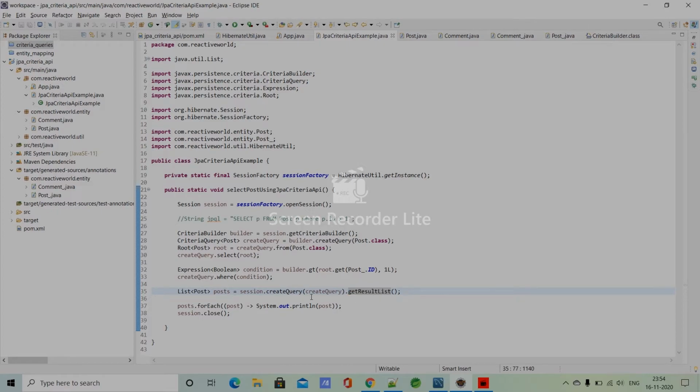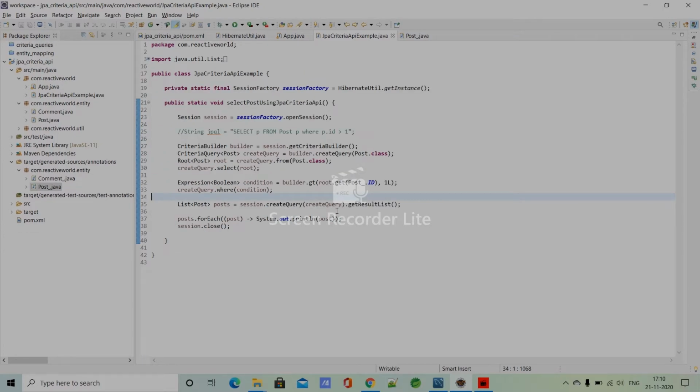So it will return you a list of Post entities, so you do not need to typecast here. It already knows the type, and there is no chance of ClassCastException at runtime. Okay, let's run it and see what result we get.